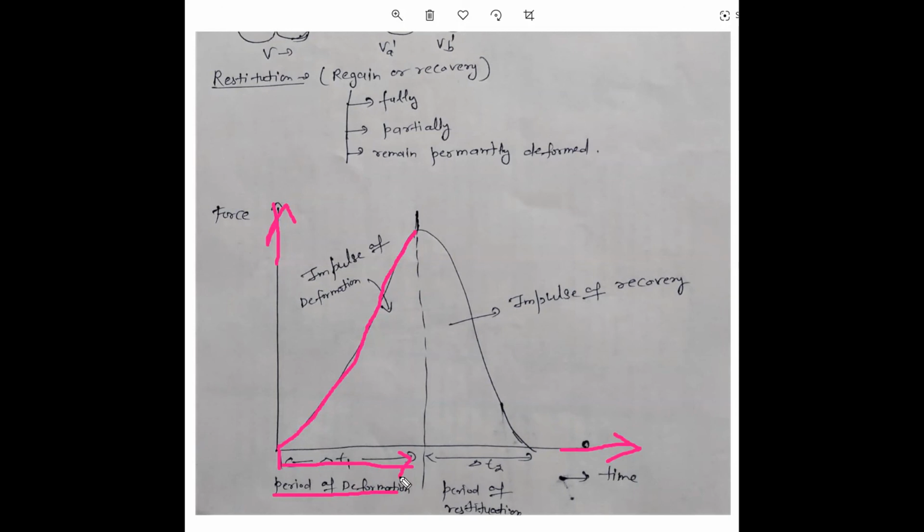When the body reaches maximum deformation, after that the bodies start to separate and the quantity of force